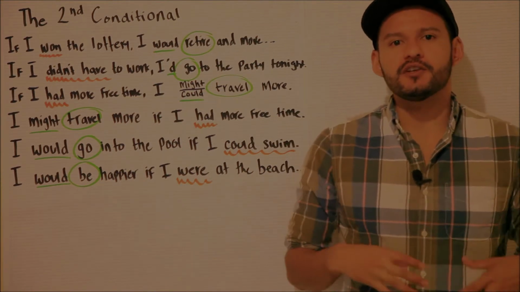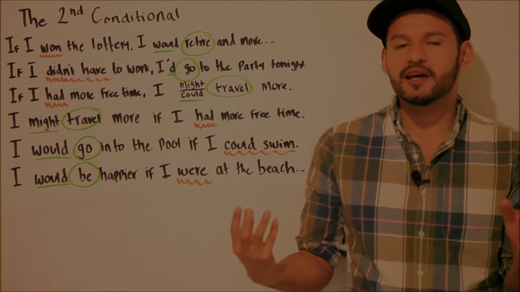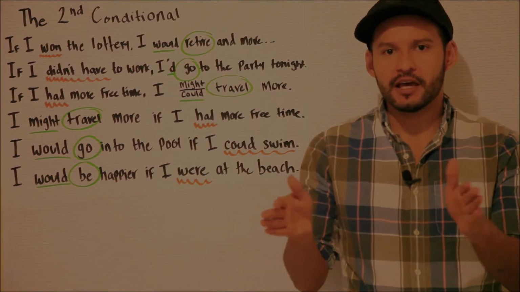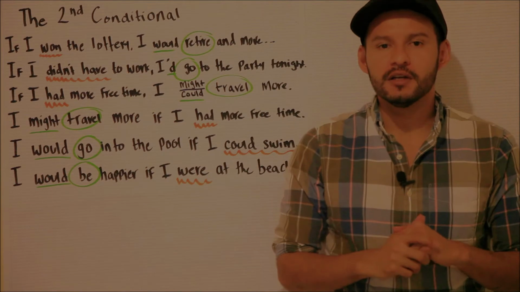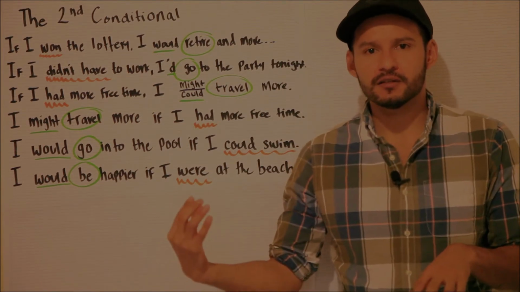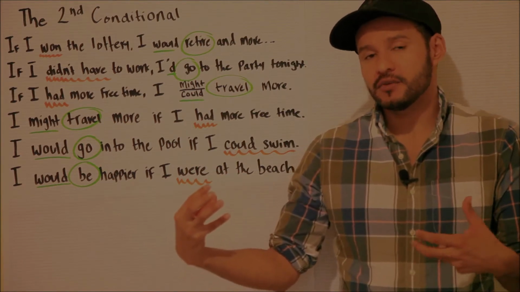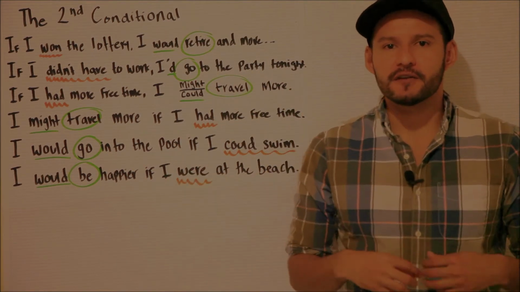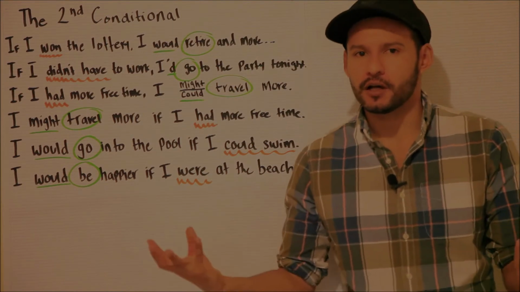Okay, so a conditional sentence has two parts, and one of the parts typically has the word if in it, and we'll call this a condition. And then you have a result which depends on the condition. So for example, if it rains tomorrow, the game will be cancelled. We're not sure if the game will be cancelled tomorrow, but it's a possibility, and it's a possibility that depends on the first part of the sentence, so it depends on if it rains tomorrow or not.